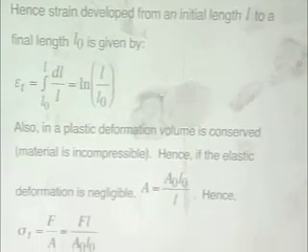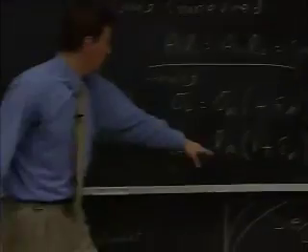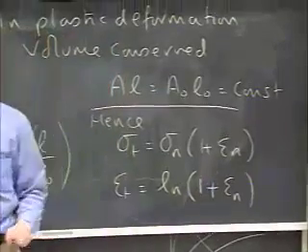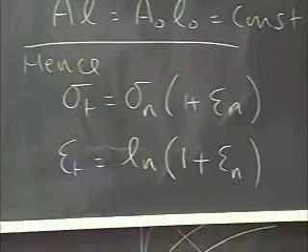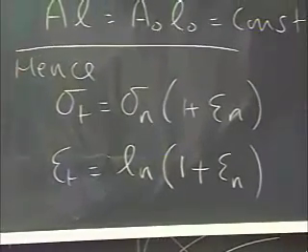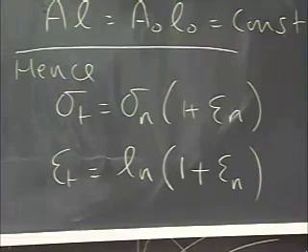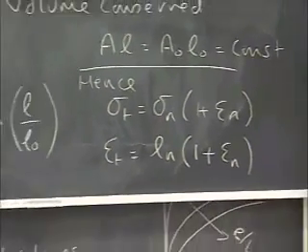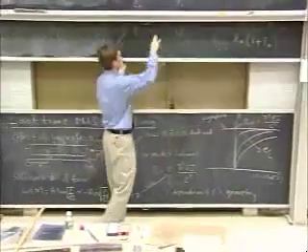The true stress is the nominal stress times 1 plus the nominal strain. The true strain is the natural log of 1 plus the nominal strain, just by substituting in these expressions for true stress, true strain, and the fact that volume is conserved. Any questions? If we plot true stress against true strain,